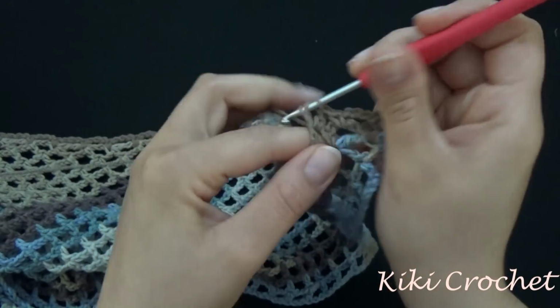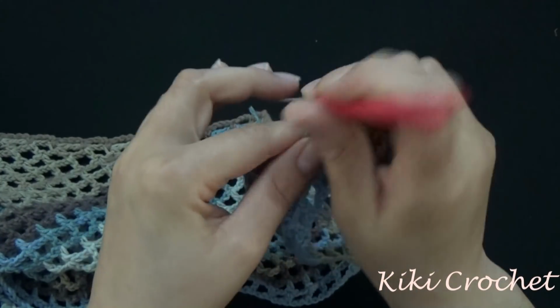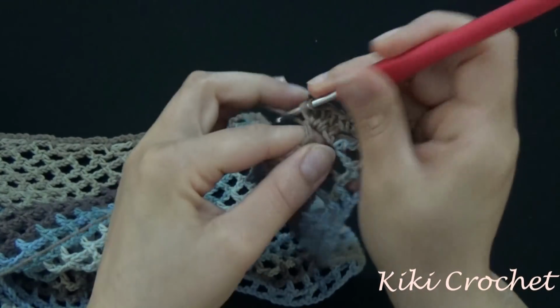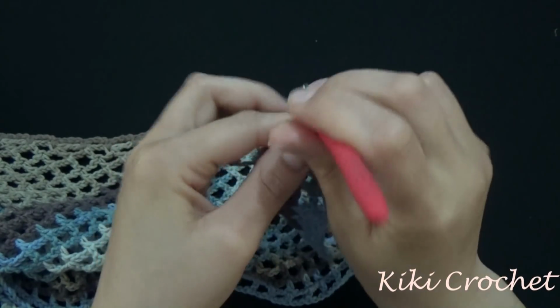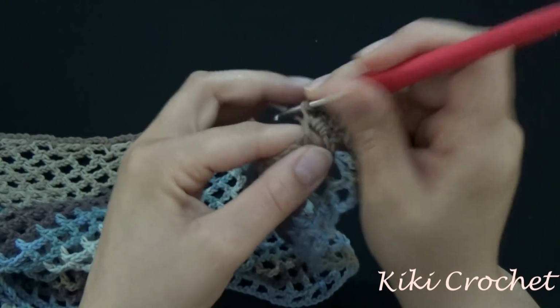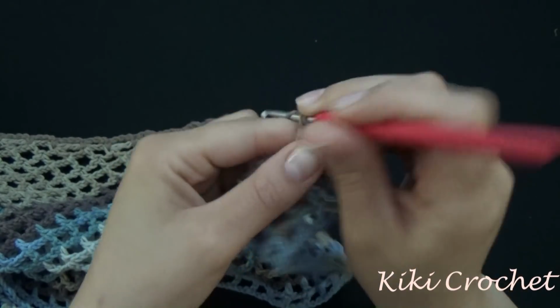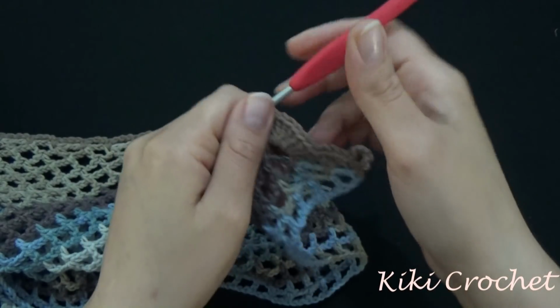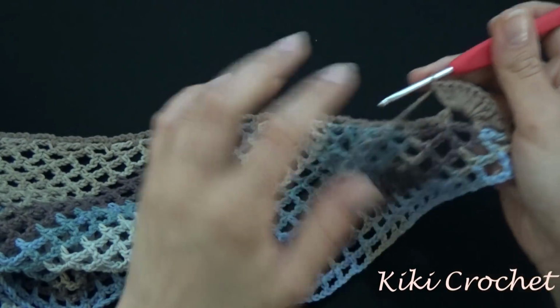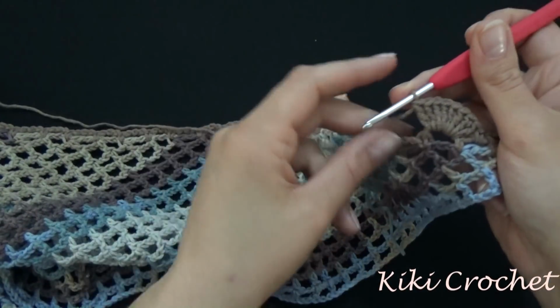1, 2, 3, 4, 5, 6, 7, and 8. Now from here on up until we reach the bottom corner, we're going to be working